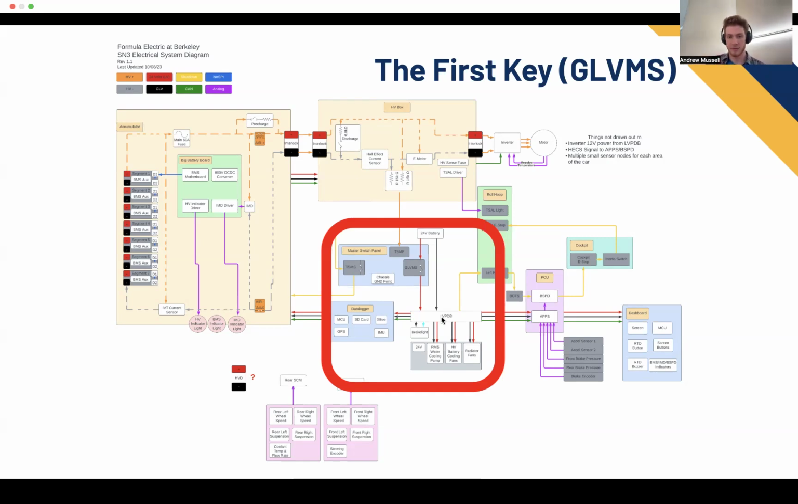Now, from this, power goes to a couple different places. I'll go through the minor ones first, and then we'll stop at the major one. So the minor ones are the brake light. The LVPDB is actually the board that receives the CAN message about whether to turn the brake light on or off. And then you have the water cooling pump, which goes through, I believe it's the motor, the inverter, the